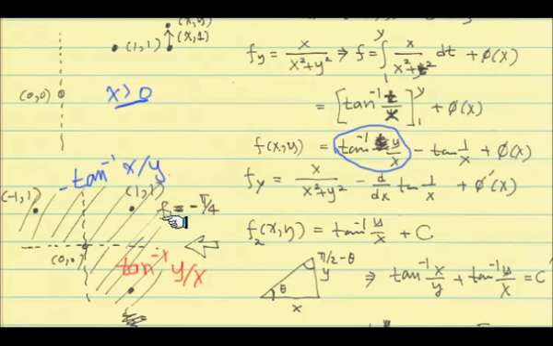And so it's valued at that point, f1. This one is a value negative pi over 4. But if you plug in 1, 1 here, you don't get negative pi over 4. You get actually pi over 4. So you have to add an appropriate constant to match this one. So that's the next thing I'm showing.